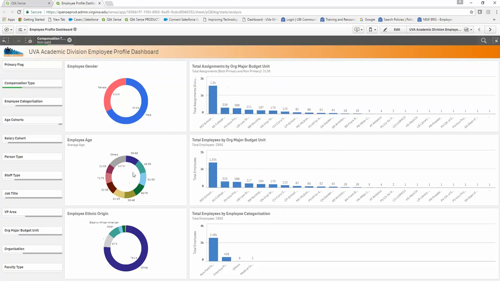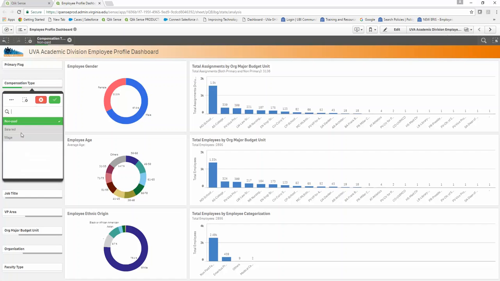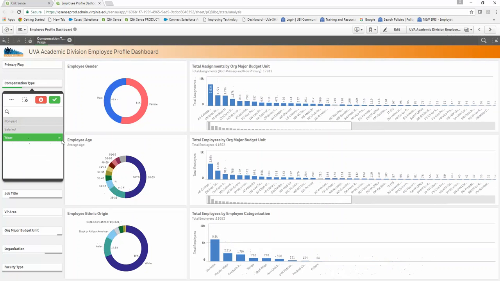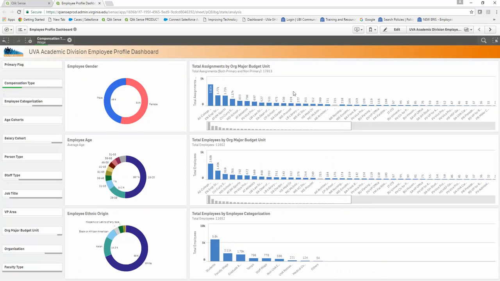So we have salaried, we have wage, and as you can see, if we just want to look at our wage population, all of the numbers change dynamically as we pick wage. We can see male, female, the age breakdown, and the ethnic origin of employees. And then you see total employees by employee categorization. This was a concept we had to create for Qlik because our categories, for example,